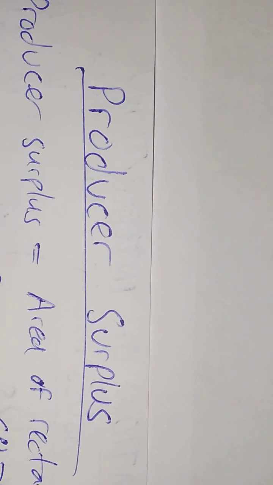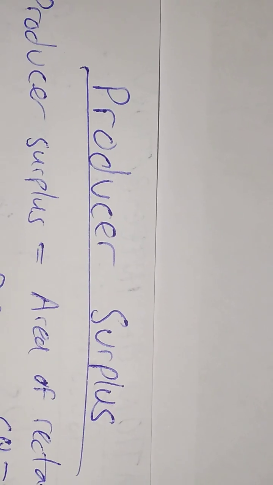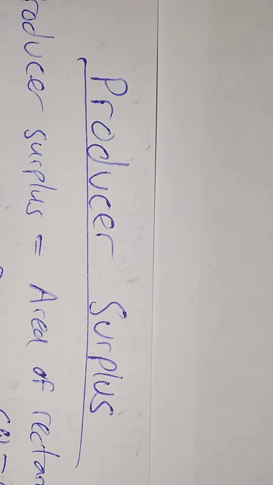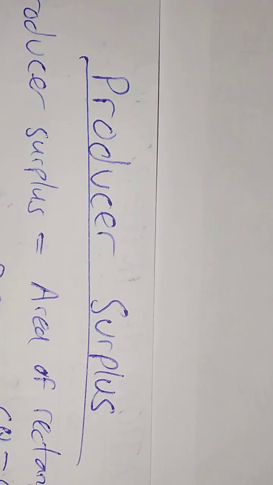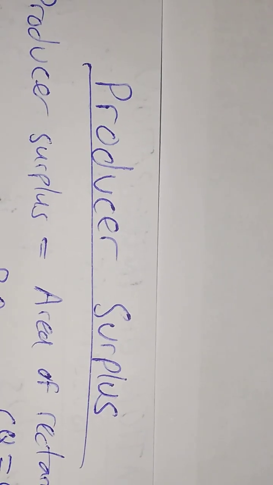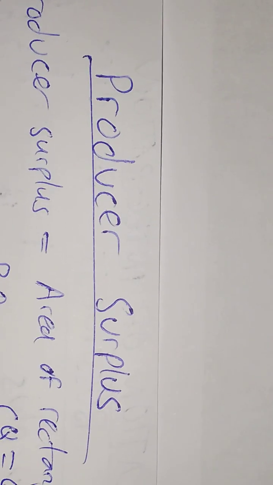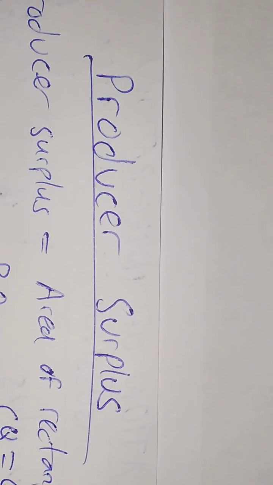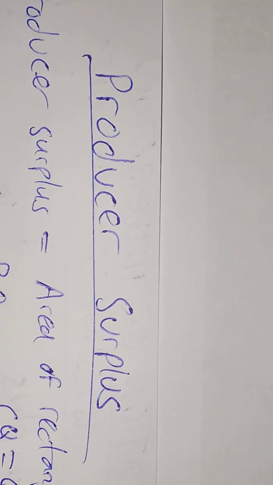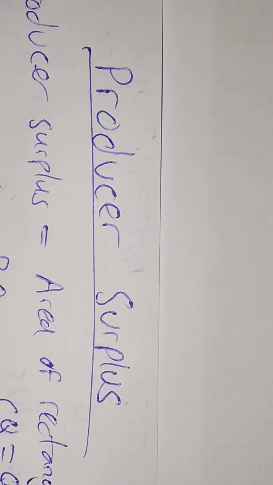We now move on to producer surplus under application of integration in business. So what is producer surplus? The producer surplus is the difference between the revenue the producer receives from the quantity demanded in units of a